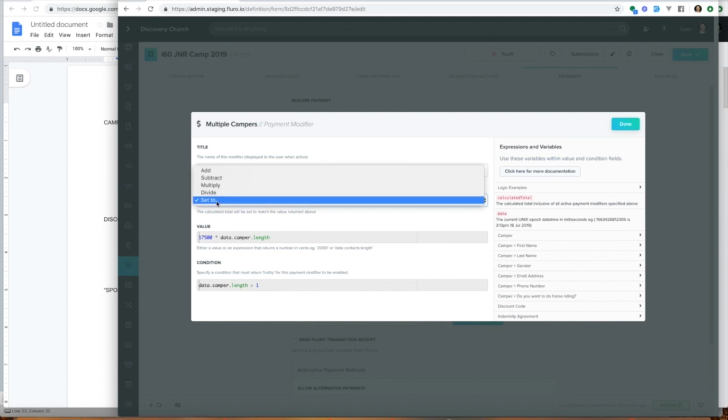by camper.length. And that basically means takes the calculated total, which is how much it starts off as being, which we start off at $175, and we times it by the number of campers. So this multiply says multiply the calculated total by whatever this is, and that'll be 1 to start with, and 2 and so on. So if we go back here, we'll actually see